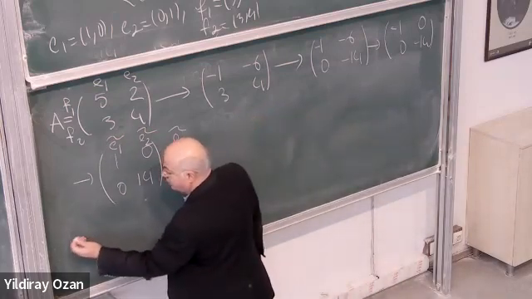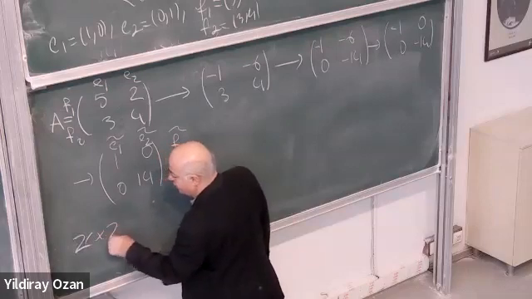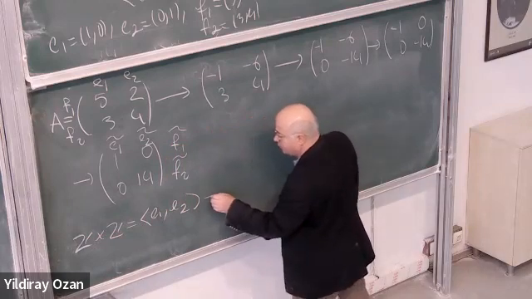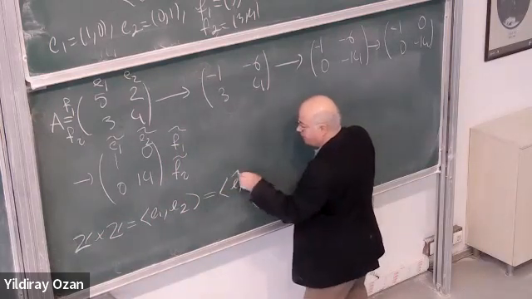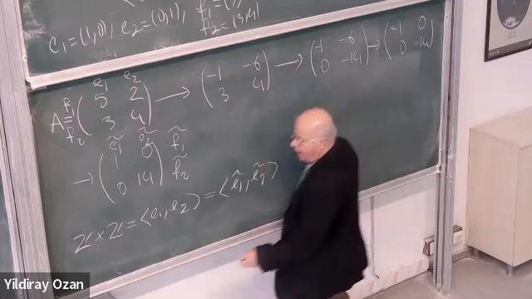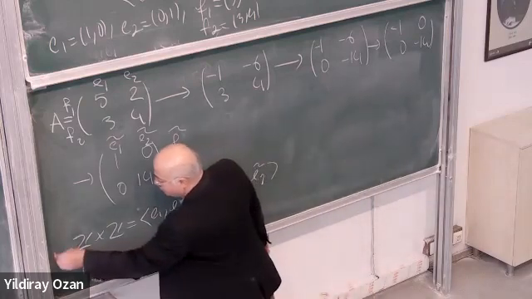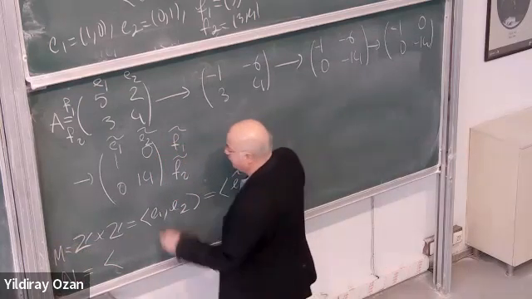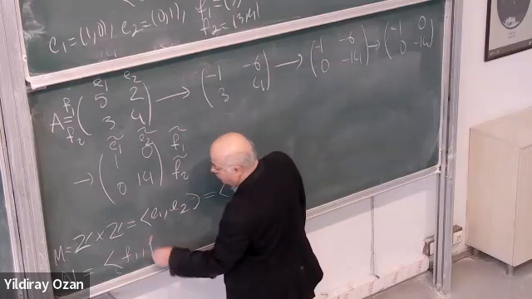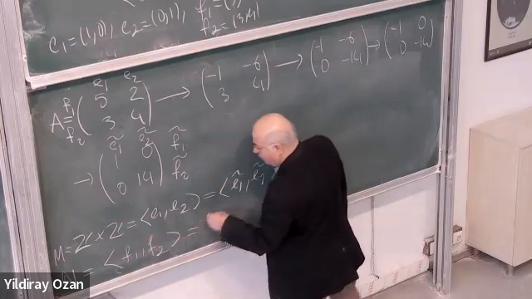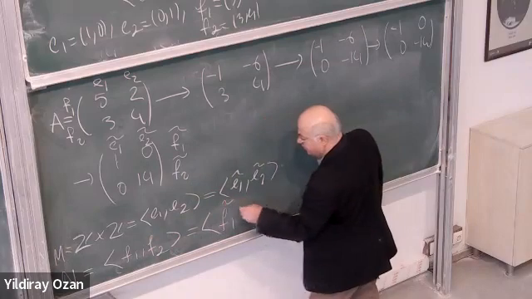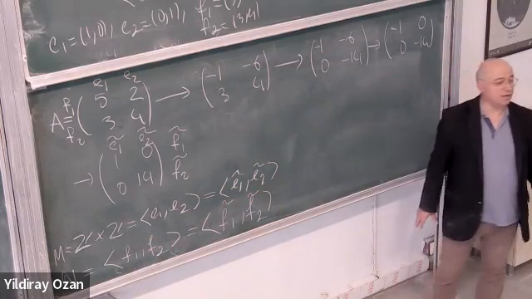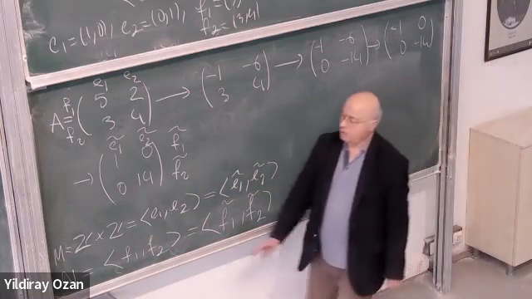So here we had Z plus Z or Z times Z. This was generated by E1 and E2. Now it is generated by E1 tilde, E2 tilde. And we had this submodule, so this was M. It was generated by F1 and F2. Now it is generated by F1 tilde, F2 tilde. Right? I changed both generating sets, but now they are